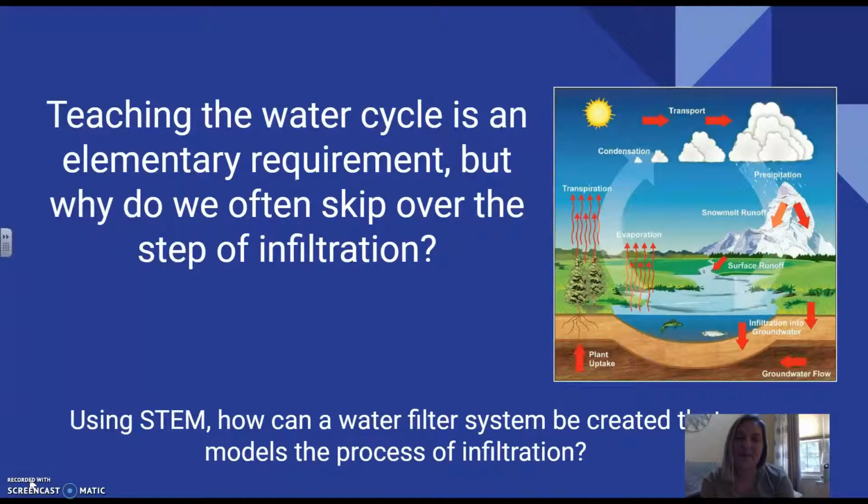I'm excited to share with you my results from the Can You Filter Your Water STEM activity. It was interesting to me that it is very true that infiltration is not typically a concept discussed in elementary education. I know that because it's not something I remember being taught, and as a third grade teacher,